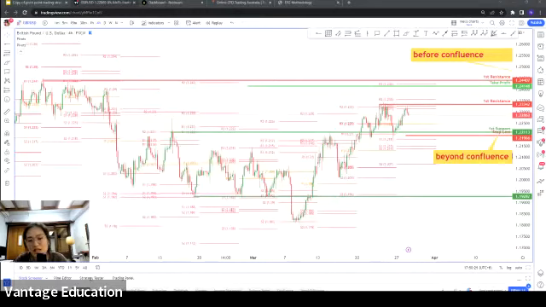Find out that nothing is lining up at your 15-minute, but you want to enter. Sorry, give me some time to understand your question. Lining up at a higher time frame, but you want to enter at a lower time frame. Enter at 15 minutes. You could, but then you would just have to wait a longer period for your trade